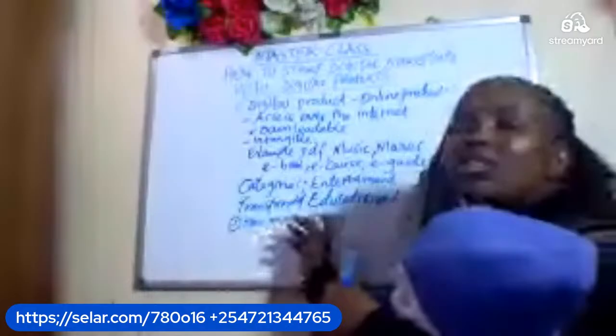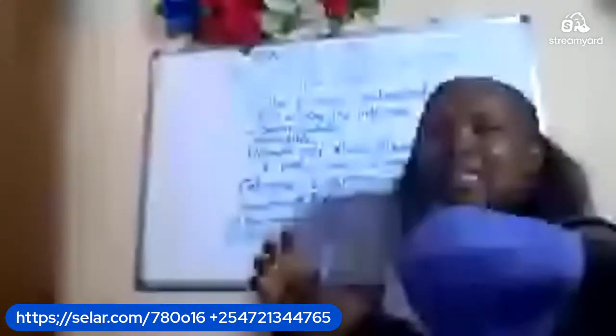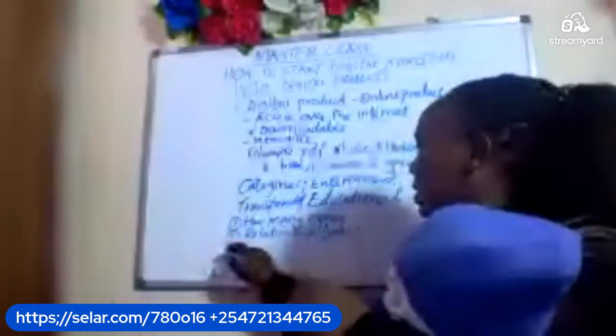The other evergreen area, number two, that people are searching is relationships, or maybe what we call dating. So many people are into dating. That is another area that we normally say is still evergreen. And we also have the third category that people normally search for. It's all about health. Talk of weight loss.